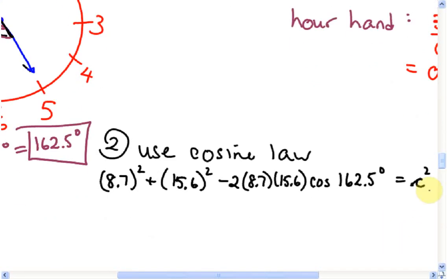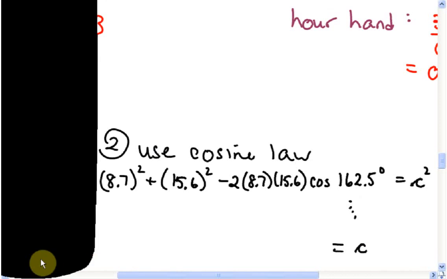Okay? Did someone calculate this for me? What's the answer here? What's c equal to? You're trying it right now? Okay, try right now. I'll do it with you, I guess. 8.7 squared. Oops. Okay, plus 15.6 squared minus 2 times 8.7 times 15.6 times cos 162.5,